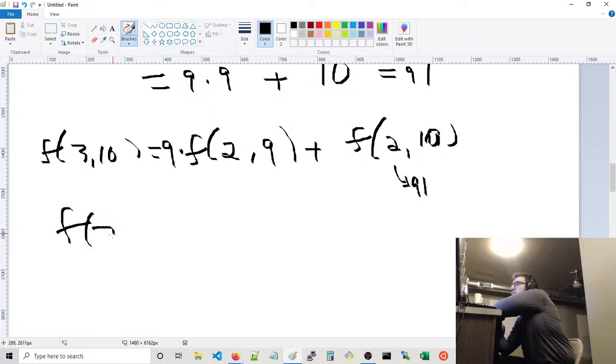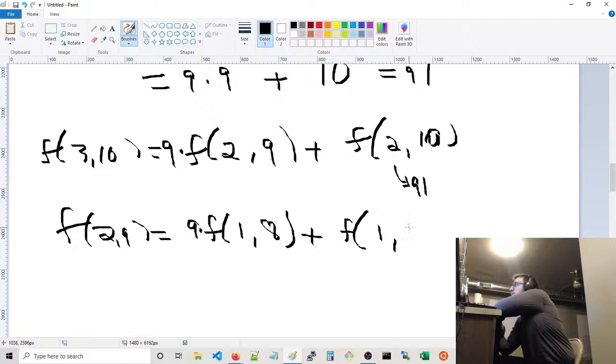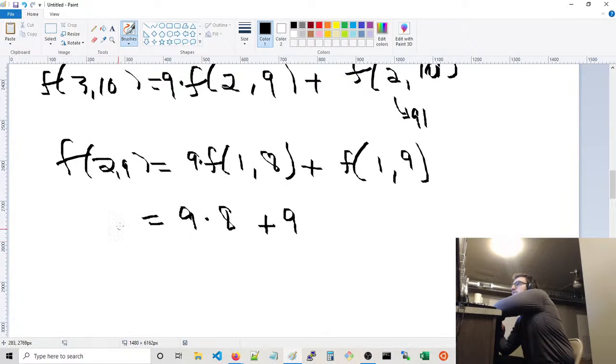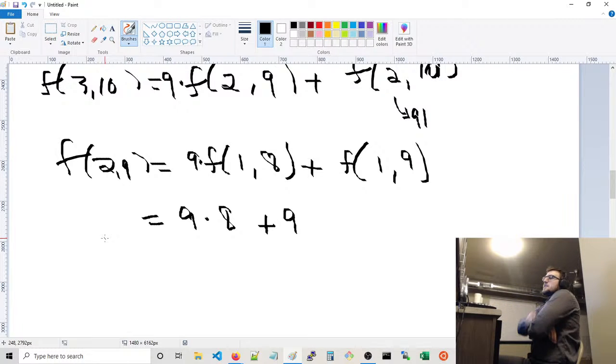F of 29 becomes f of 9 times f of 1, 8, and then also f of 1, 9, which gives us 9 times 8 plus 9. So if you had 9 characters to pick from, but you could only pick, if you had 9 characters to pick from, but you could only pick